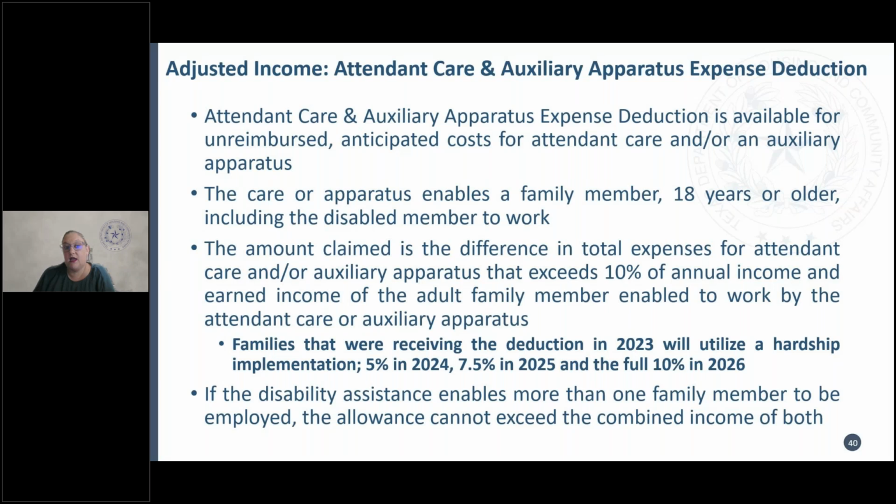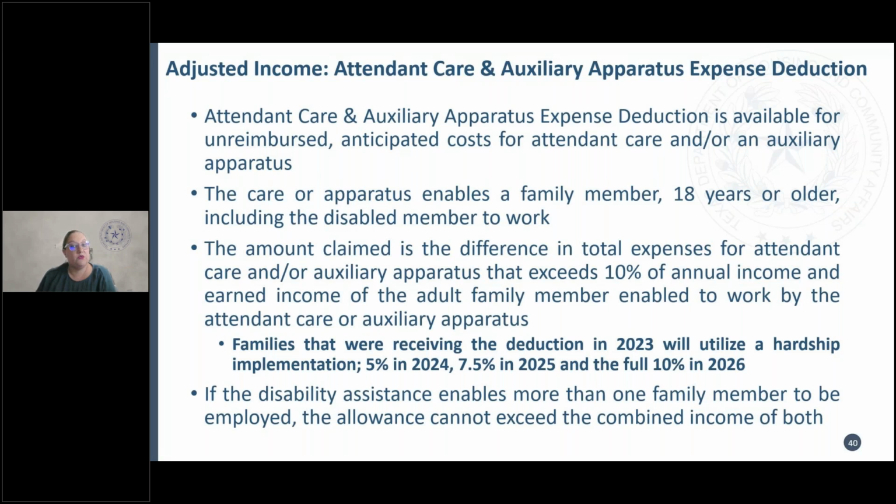That hardship process could have started in 2024, and you can see that outlined there, but they would have had to be receiving this deduction in 2023. So if you have a household that was over the 80% limit and you were having to do adjusted income in 23 and had to continue in 2024, you could have stair-stepped them from that 3% that was before HOTMA to the 10% deduction that is now. 811 folks, we're not sure if you're going to be able to use the hardship, but the 10% will go